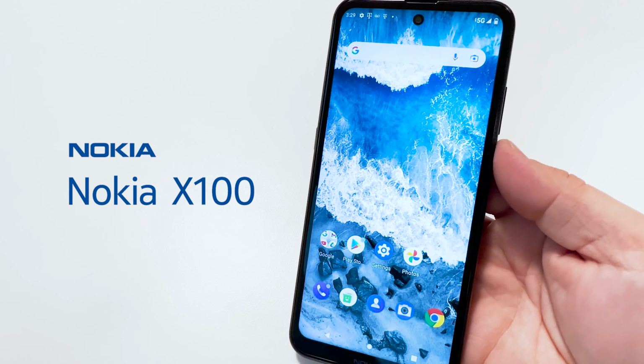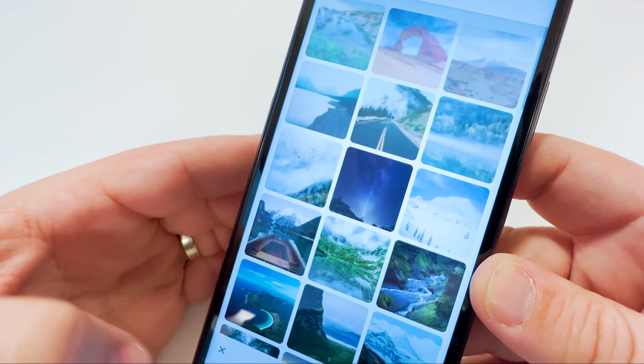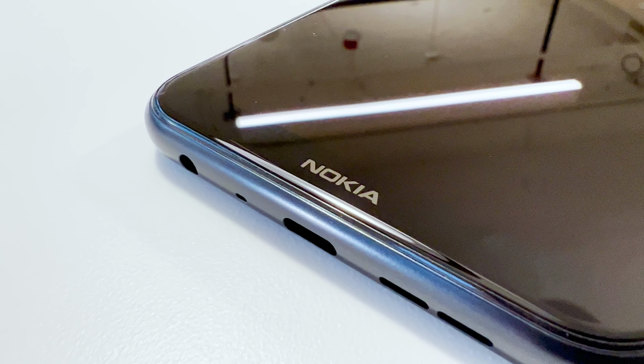The new Nokia X100 5G, rocking T-Mobile's nationwide 5G network with a large display, quad camera system, and a long-lasting